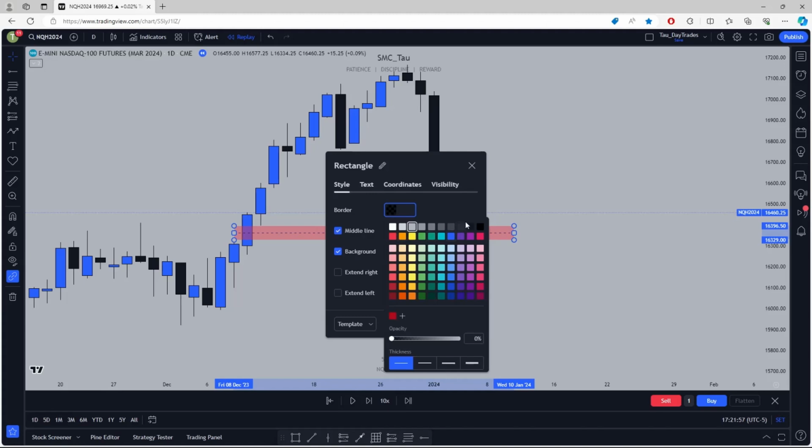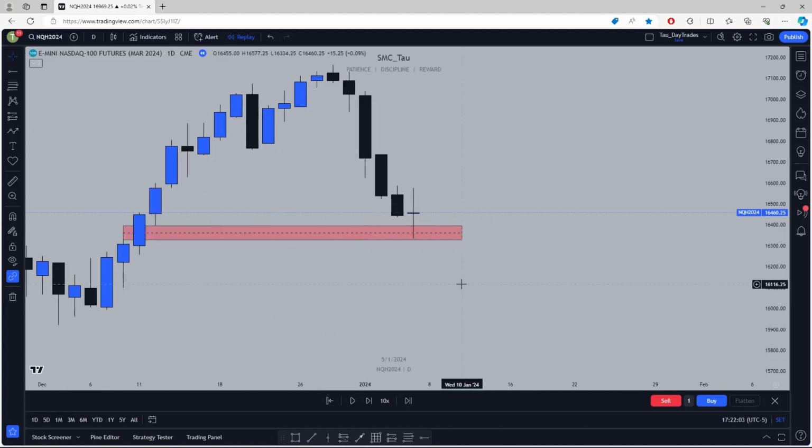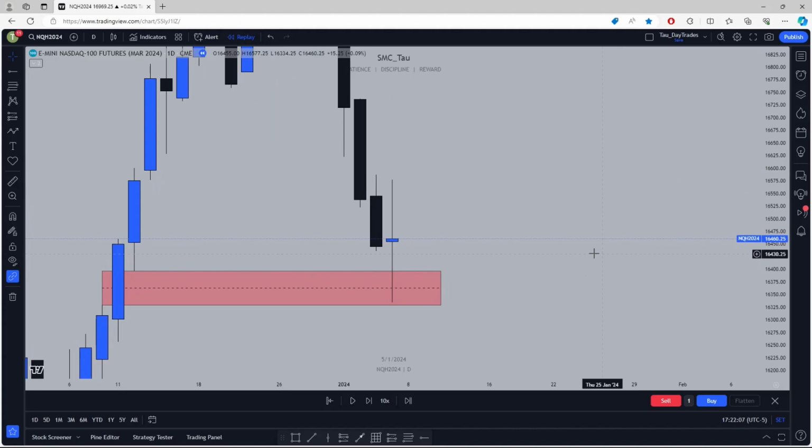this fair value gap right here, right? It was rejecting it, and the rejection alone is enough for me to say, okay, this is some point of interest that I might look for a reason to either long or short. Now, the other main reason I went long is because